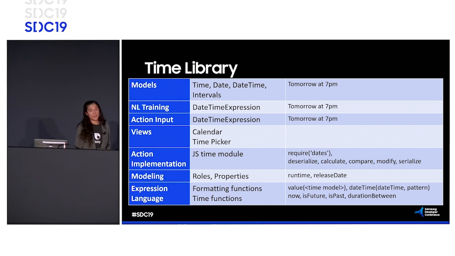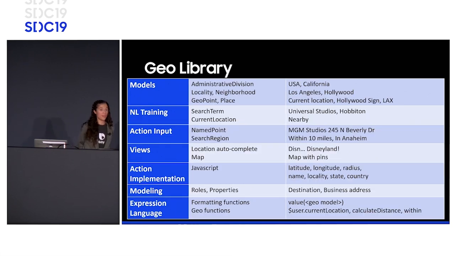Then in the modeling, we can feel free to use any of the concepts from the library to benefit from having the layouts and the dialogues that were registered by that library. And in the expression language layer, there's additional functions that allow you to do even more calculations or even more formatting at that level. So moving on to the geo library, you take all those same principles, but you're using different concepts. So it's pretty intuitive,